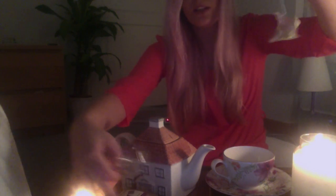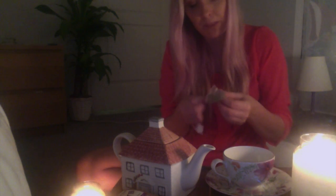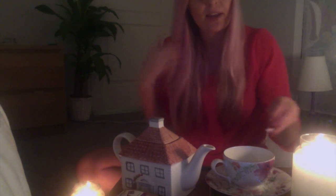As you can see from the bag, they use very large pieces of leaf. They don't use just the very dusty end bits of the tea once the leaf's been crushed. Tea Pigs are very good at giving you very big pieces of the actual tea, so you're not just left with the waste that a lot of tea companies do actually use. And that also promotes a much cleaner cup of tea, and so you've not got lots of sediment at the bottom. But anyway, I'm going to pop him in there,